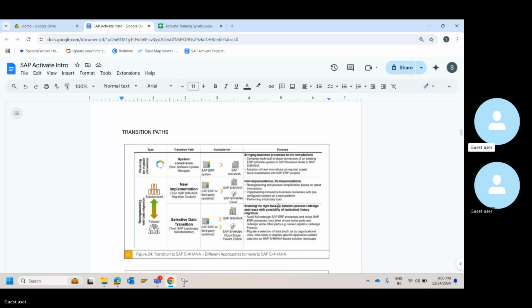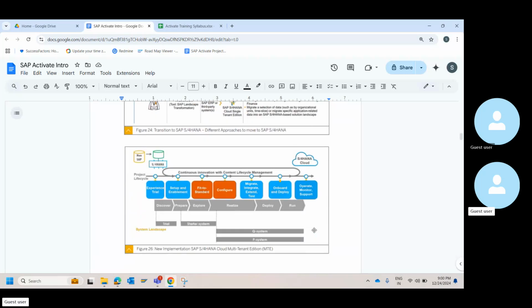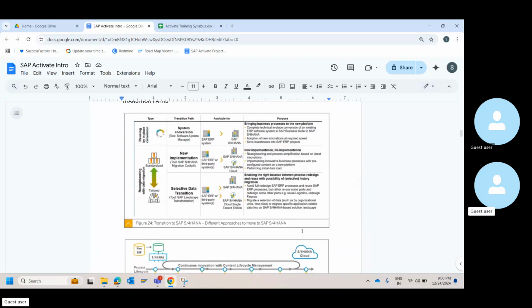Okay. Then we will just get into this transition path, which I think we already did discuss in bits and pieces. We will just summarize this one, and then let's close it here. The next part is probably going to be a little exhaustive, because the approach of individual implementations, how does it differ? That's what we'll be discussing with respect to the phases, with respect to the systems. How does it progress? Okay, so we'll take this up tomorrow.